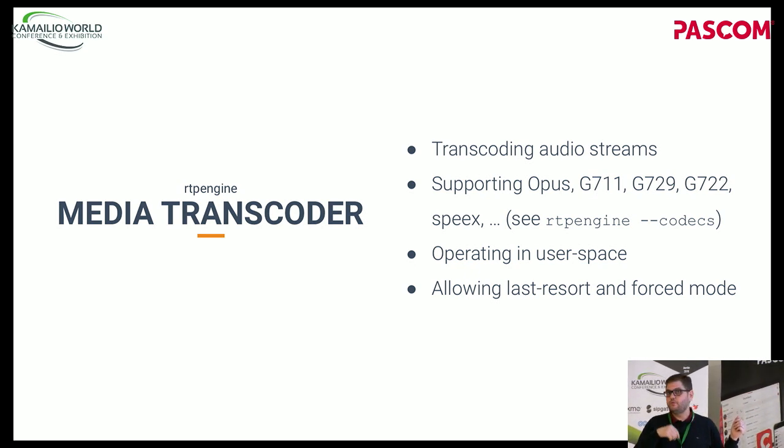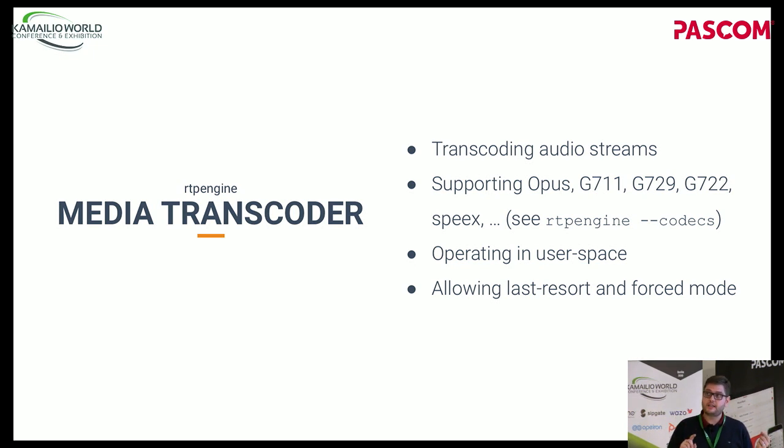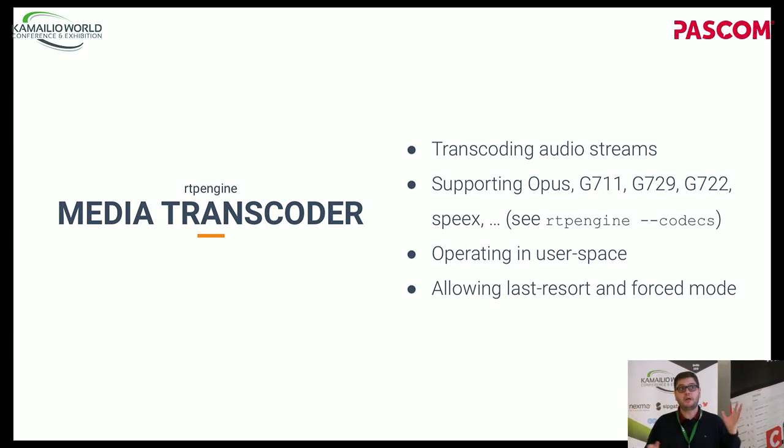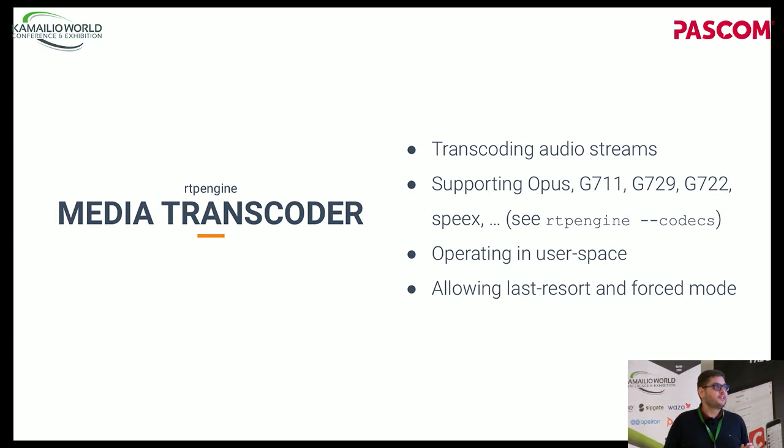Because we were receiving, let's say, G711 or Opus or whatever kind of media on the wire. And when you want to store that as MP3 files, you need to transcode it to PCM in any case, right? So there was just a natural step to say, okay, if you already have it in PCM, then you can very well encode it to another codec and send it off the wire again. And the way it works basically is that we utilize FFmpeg. There's just one drawback. It doesn't use kernel mode for that. So if you do transcoding, it happens in user space because there is no FFmpeg kernel implementation, unfortunately.